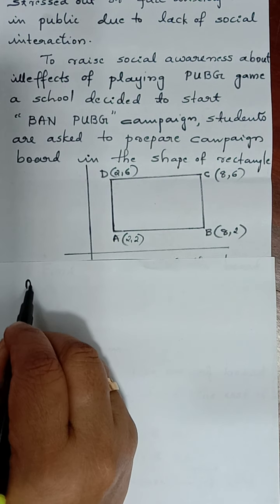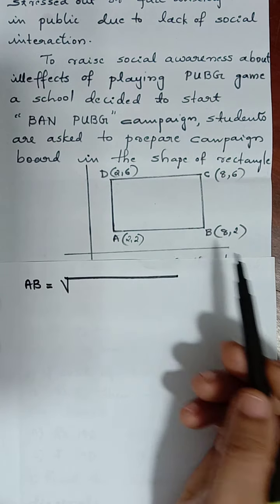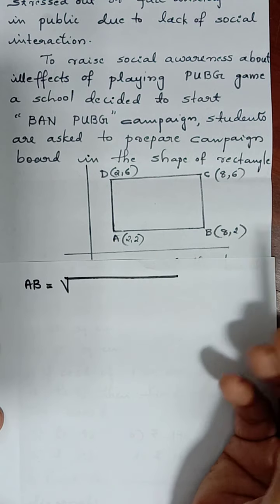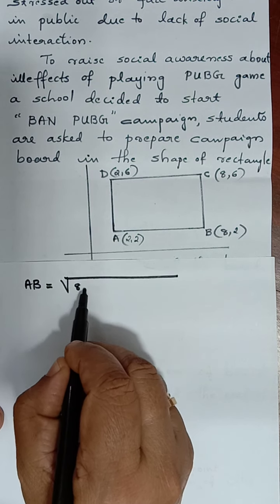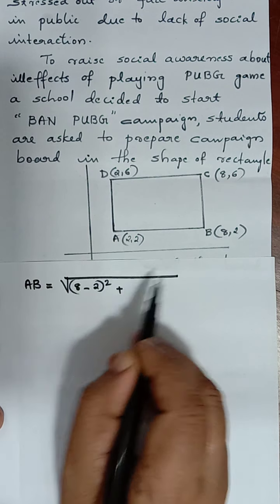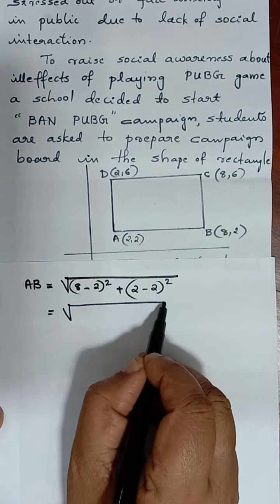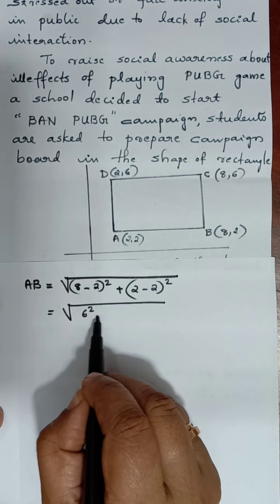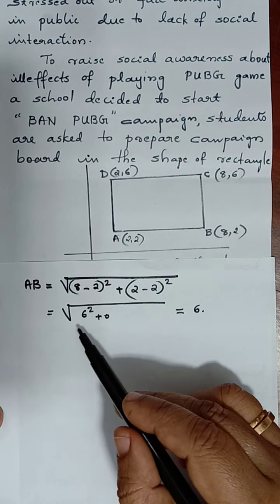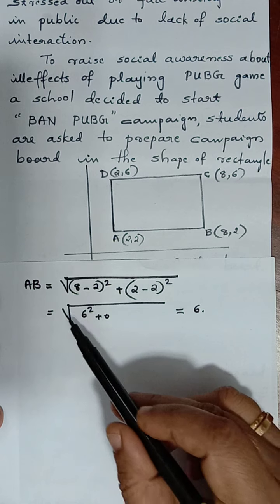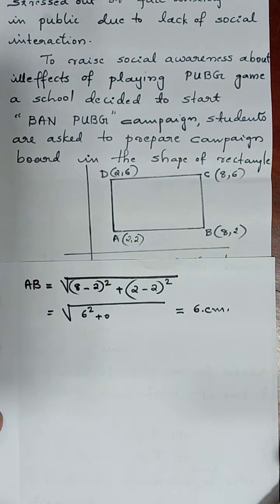Okay, let us find out what is AB. AB can be the length. AB equal to square root of, as it is a 1 mark question, you don't need to write what is A, what is B, etc. It is your own choice. So AB directly: 8 minus 2 whole square plus 2 minus 2 whole square. It can be short enough because it carries only 1 mark. 8 minus 2 is 6. 6 square plus it becomes 0. Square root of 6 square is 6 because it is 36. Root of 36 is 6. So 6 centimeter we can write.